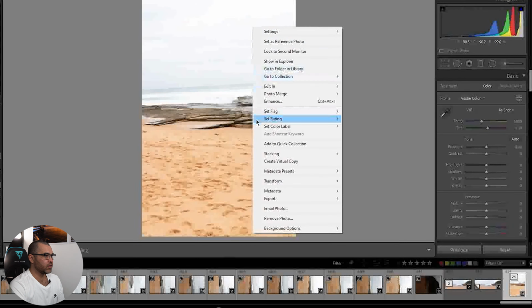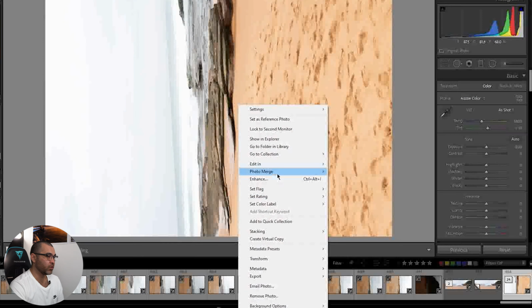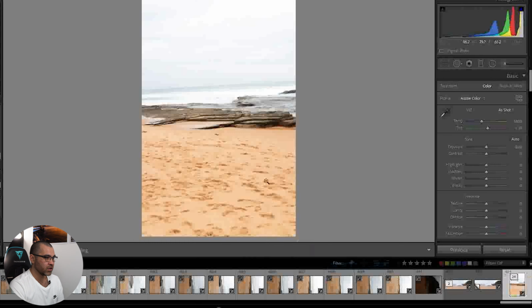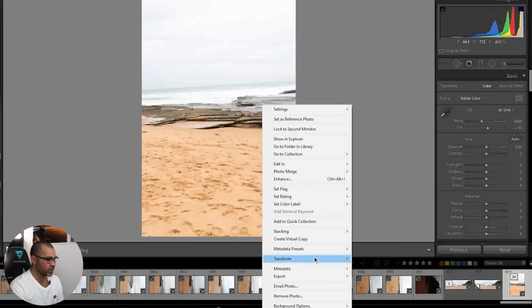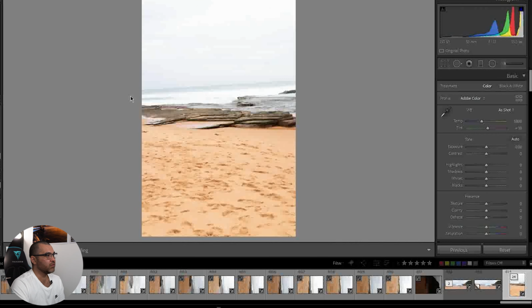And when you right click, you do have other options as well. So transform lets you rotate it if you wanted to rotate it left or rotate it right, or you can even flip it if you wanted to turn it the other way around. And then when you are ready to